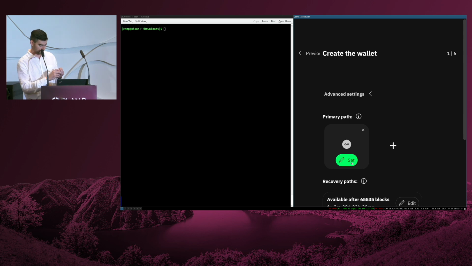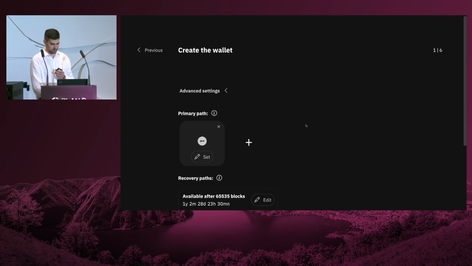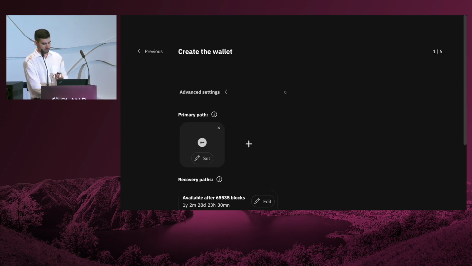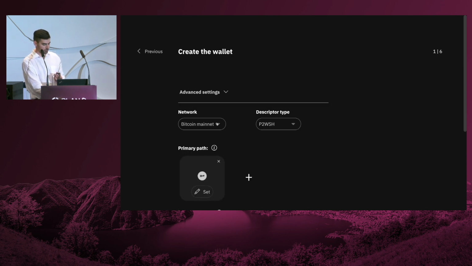I'm choosing Bitcoin testnet here, and then all I have to do, the interface is very simple, very polished. There are not many options here. In the advanced settings, you can choose the type of network that you want. As I have said, RegTest for us. The type of the descriptor, we can leave this one. We will not use Taproot.